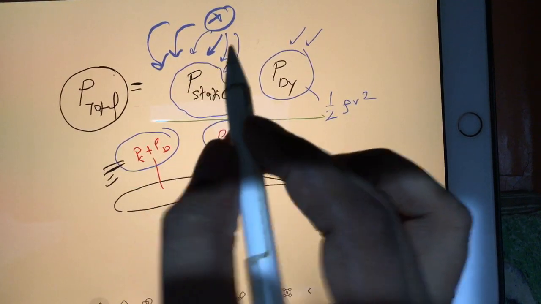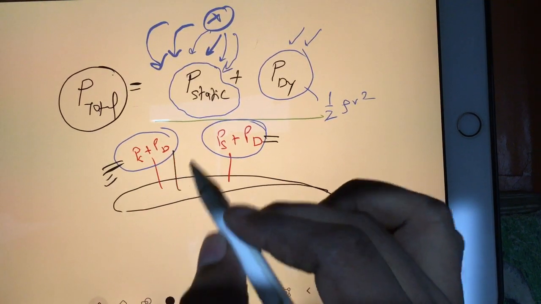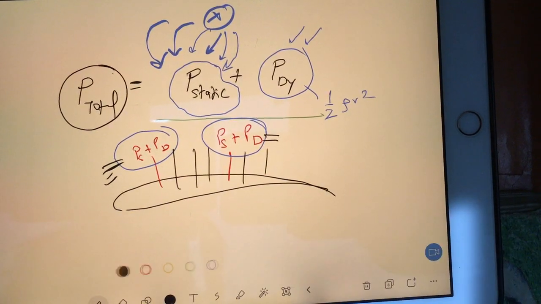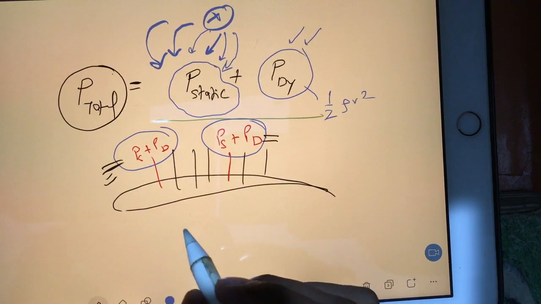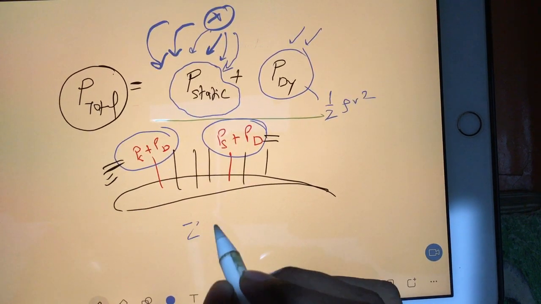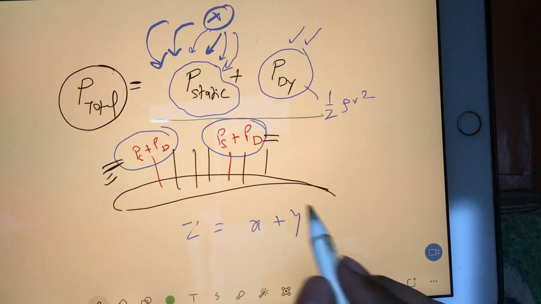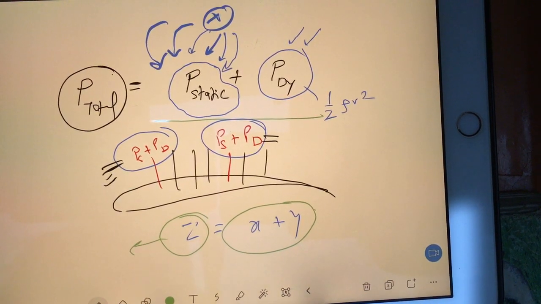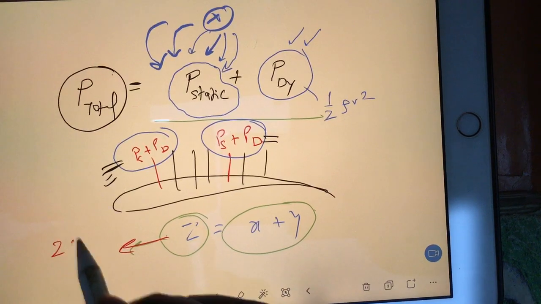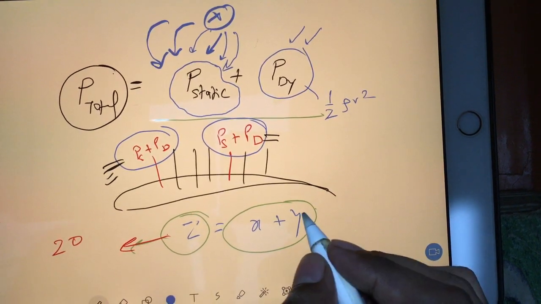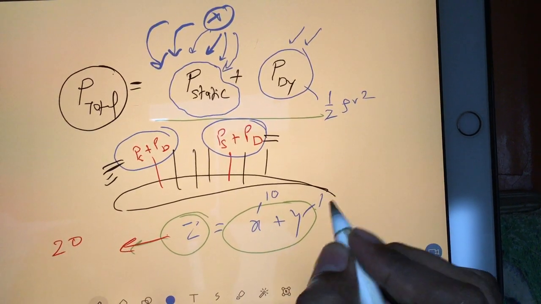Okay, so total pressure will be constant at every station. If total pressure is constant, then you can clearly see, for example, suppose you have Z is equal to X plus Y, and I am saying that whatever value of X, Y does not matter, Z has to be constant. Suppose the value of Z is 20. So suppose this is 10 and this is 10.